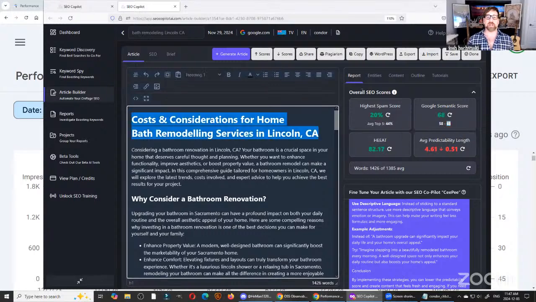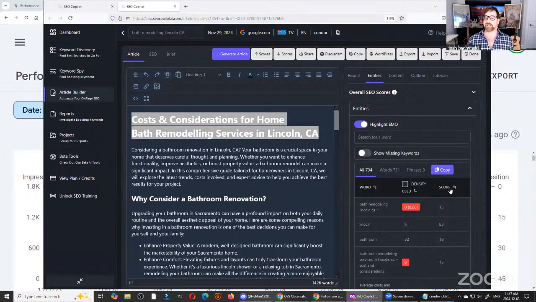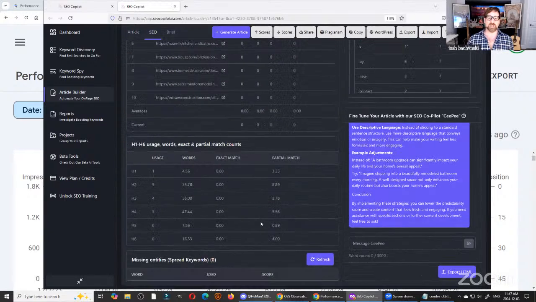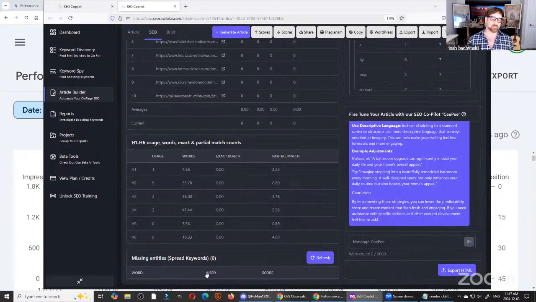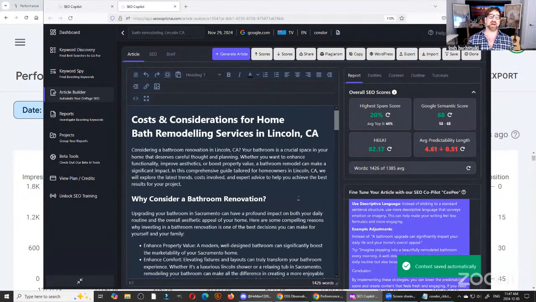And I've got the major entities here that are important. As you can see here, you can click on entities and see the important entities. I've got the major entities that are important, and I'm mentioning them many times. I'm not missing any spread. The only spread keywords I'm missing here looks like it's nothing. No important spread keywords are missed. I've got the breadth of knowledge to show that I have the expertise. I have the authority, therefore I deserve the trust. That's what EAT content means.